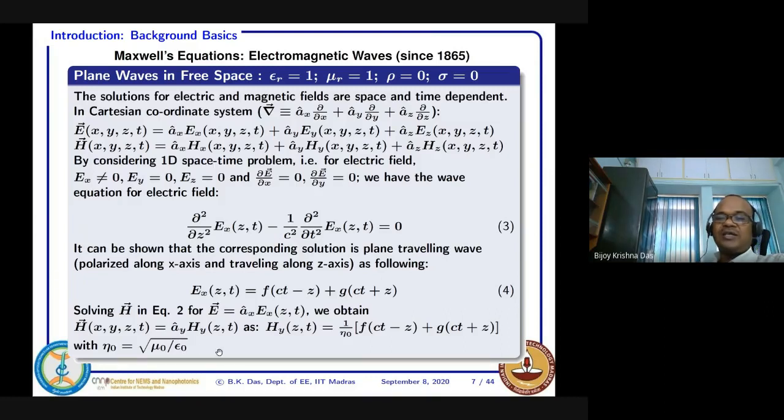All these things are there in the textbook, how to come up with them, but I am just trying to explain how you should come up with that and what their interpretation is. So the electric field is of this kind, and the magnetic field is the same function, only scaled. The value is different, and the unit is also different. If you are considering the electric field in the X direction, then following those equations, only the Y component of H will exist in this case. Clear?